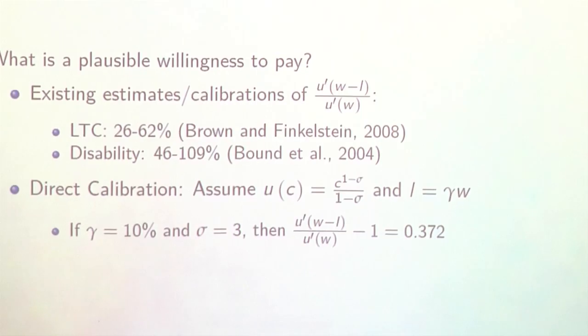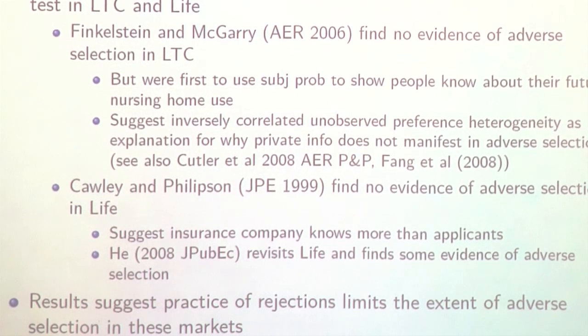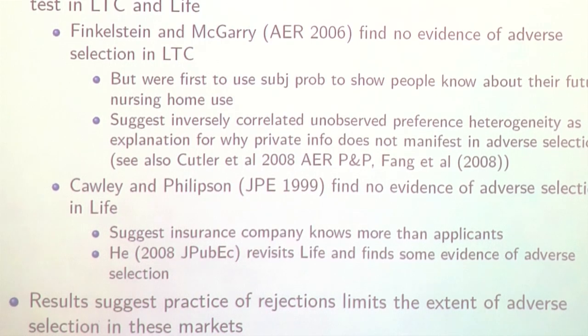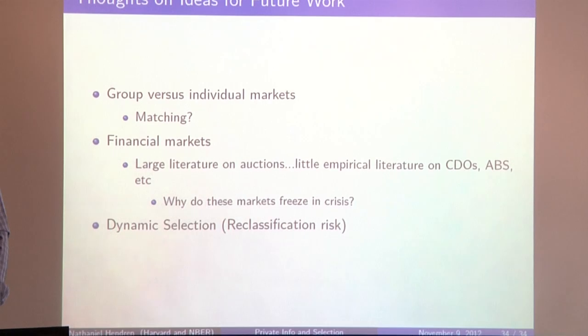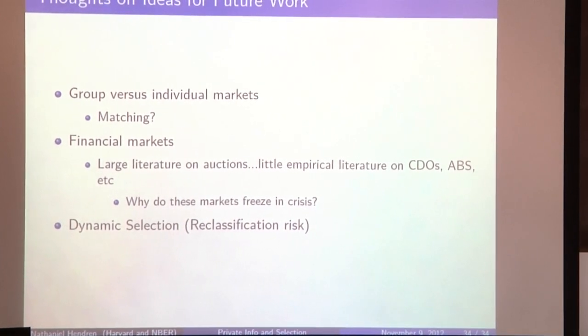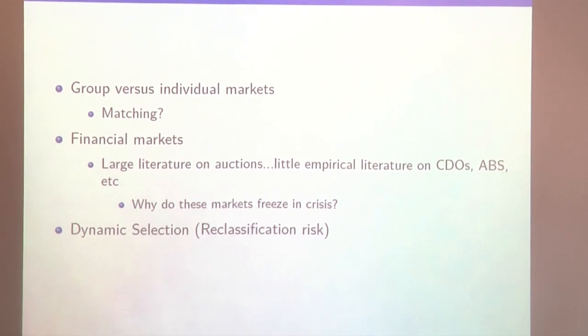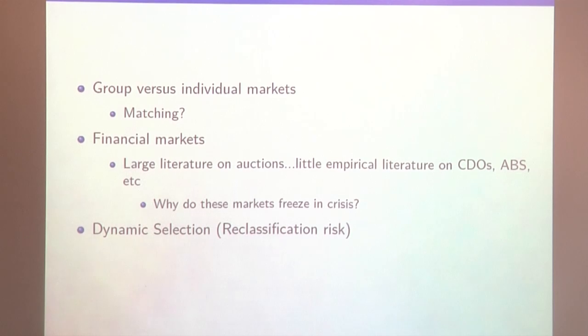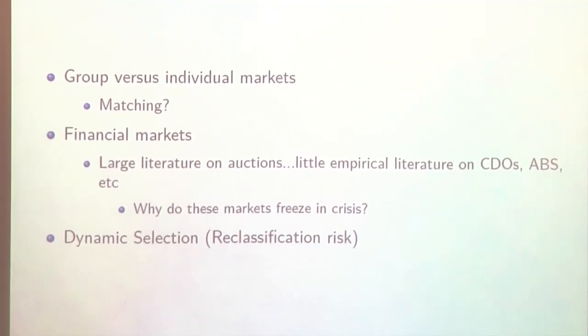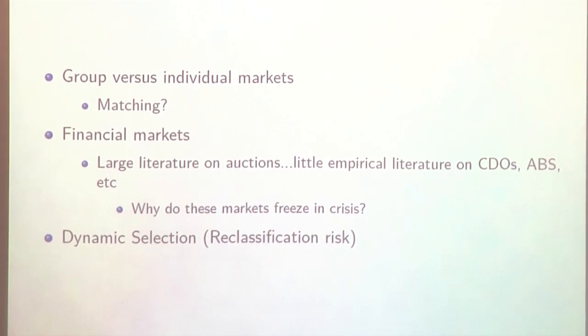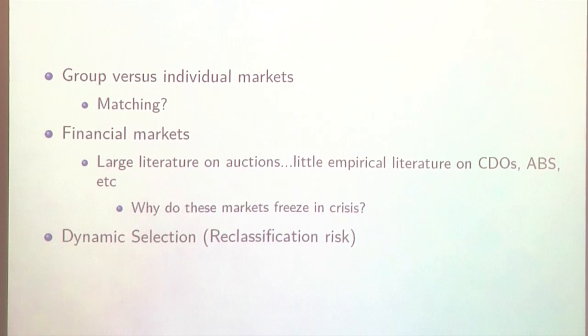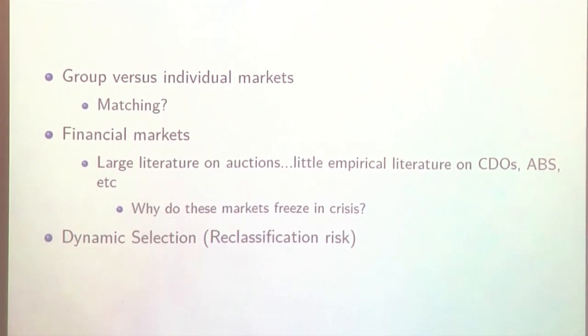Okay, so I skipped through a lot of stuff, but since we've just got 30 seconds left, let me skip to the last thing that I think is worthwhile talking about, what you might be interested in for thinking about future work in this area. I think there's a lot of interesting stuff one could think about in group versus individual markets. There's a lot of reasons to think that if adverse selection or private information is a problem for insurance markets, those problems are different for group versus individual insurance markets, and that you might have reasons to think group markets do better, or in some cases maybe worse than individual markets. And you could imagine, how do people form group markets?